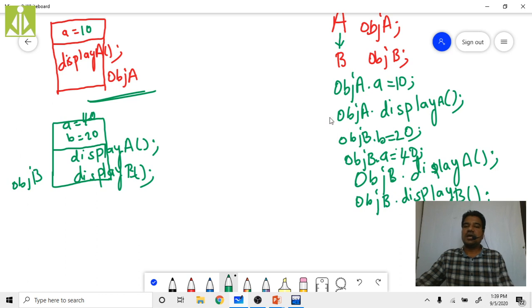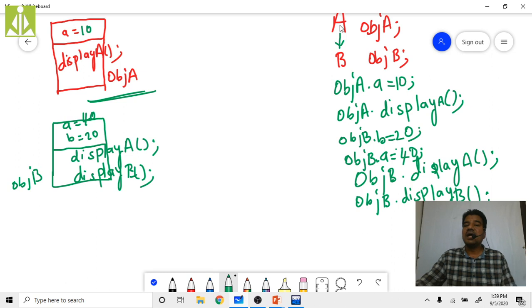Next, creating pointers and initializing object addresses to those pointers, that is what I am doing now. Creating a B class pointer and trying to initialize an A class object to it is not possible. The reverse is not possible. Only an A class pointer can point to a B class object.